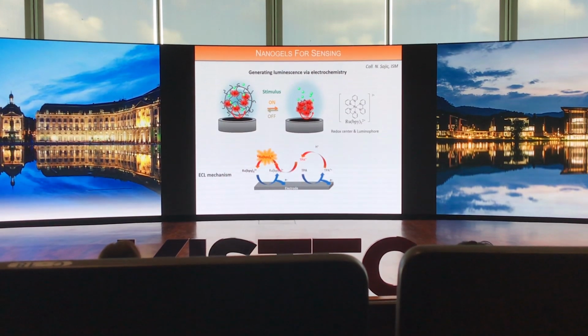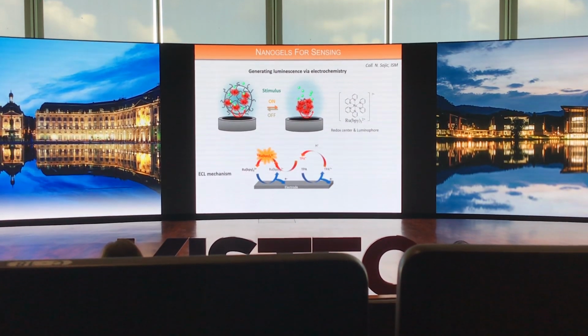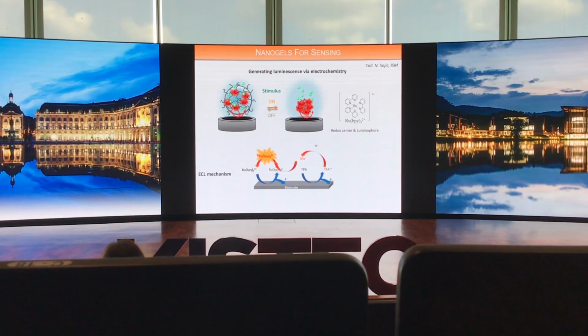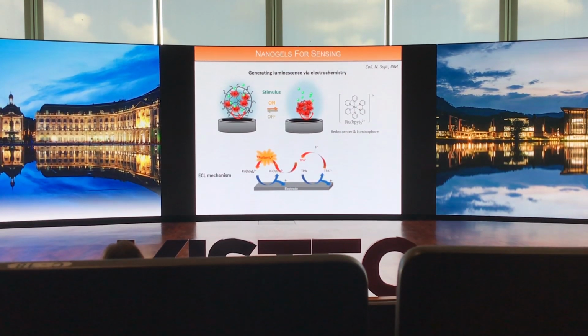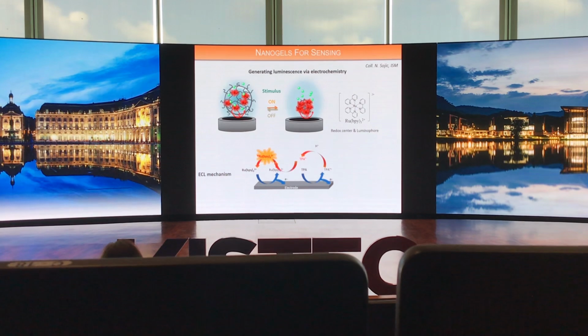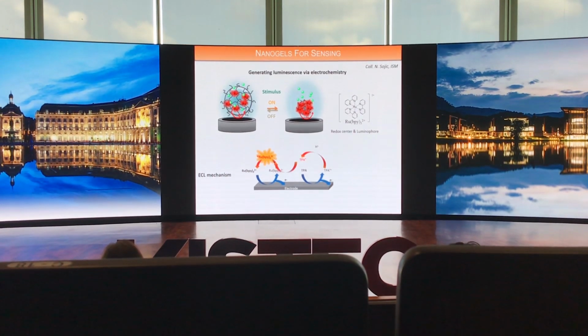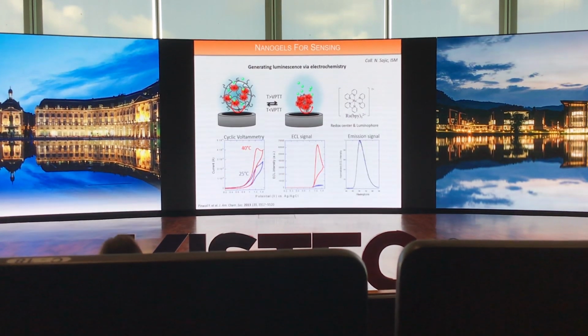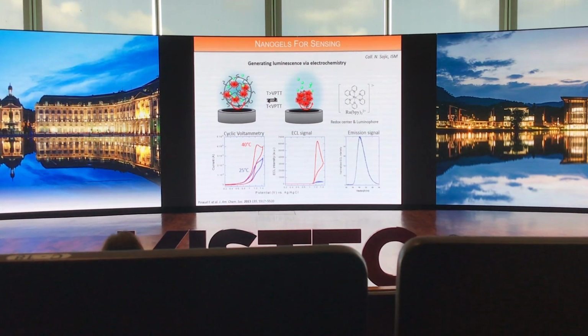I don't enter into the details because this system is quite complex, but just to show you that those microgels can also work as electrochemical sensors combined with light. And when we started this project, we thought that we would have a turn off the luminescence, because generally when the microgel collapses, it will block the diffusion of the reactant. But here the ruthenium compound is chemically bound to the chain, so we also change the distance between the ruthenium compound. And in fact, it turned out that instead of a decrease of the signal, we got an increase of